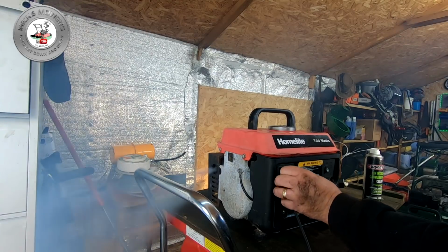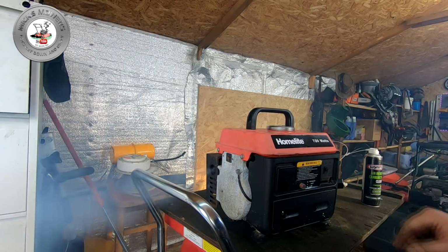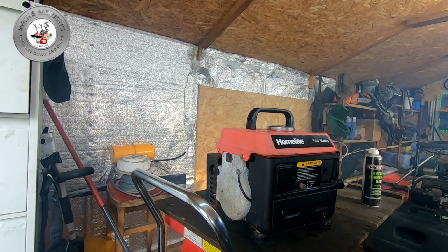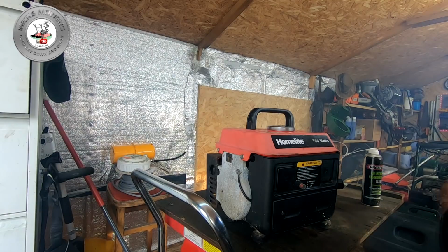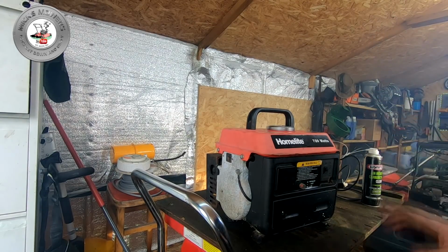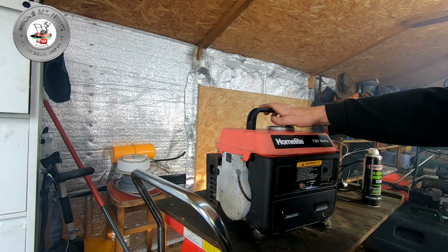Perfect. So it does want a good run. It's very smoky. What I do is I put a bit more petrol in there and just give it a darn good run. It might want a bit of a tune as well, but do you know what? For what it is, a street find scrap machine,